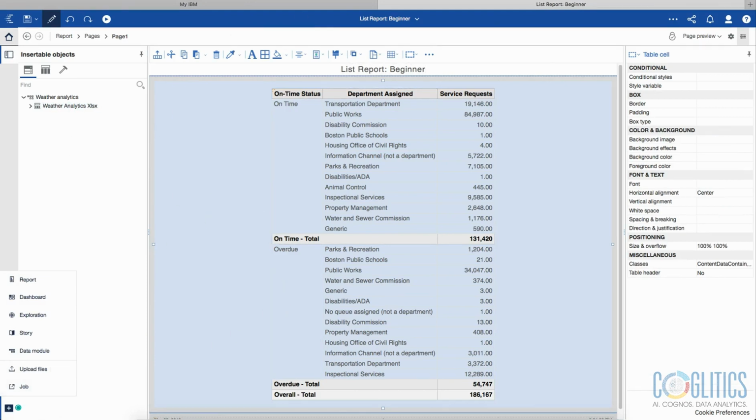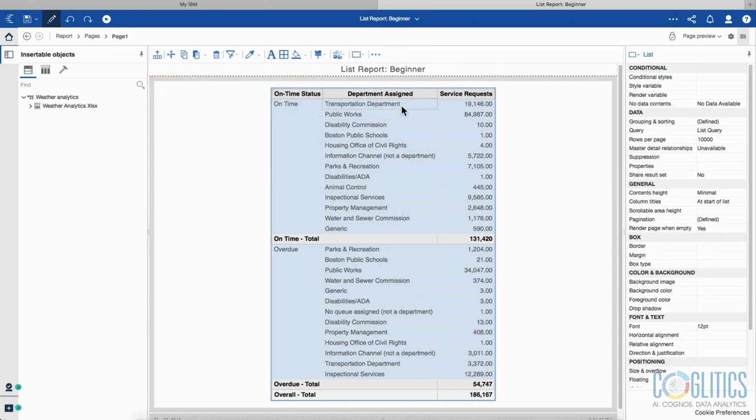So what you are seeing is, let me turn this back off, a report, the report that we are going to be creating. It is titled List Report Beginner and it has 3 columns. This is column 1, column 2, column 3. And the first column has the on-time status. I have totaled the on-time status, so it's showing that there were